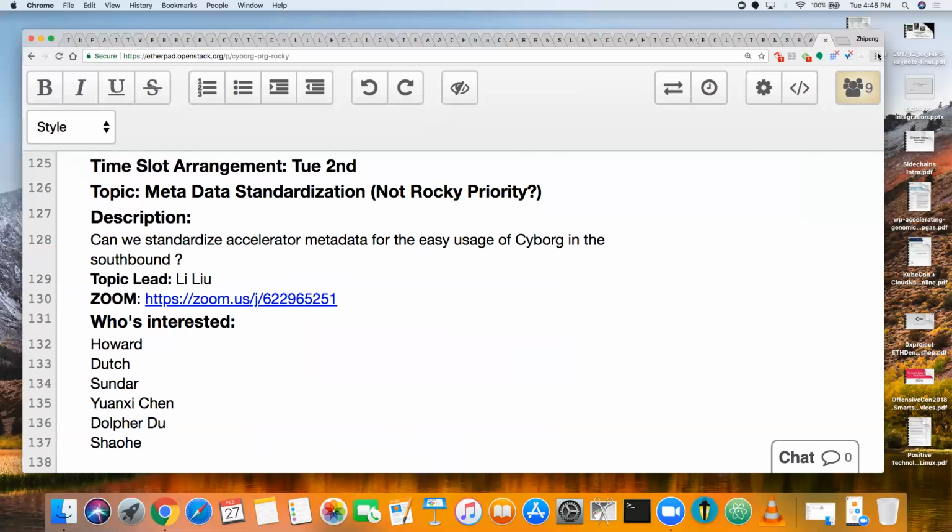Okay, so is Cyborg willing to do this? I don't know if we've fully thought this through quite before. I mean, what will it take to do? Obviously, Nova has a lot to do on their end. I think they basically decided what they're going to do today, right? From what I understand, they're not going to do anything at all, right? They already have everything defined. They're asking us to fit into the existing model, right?